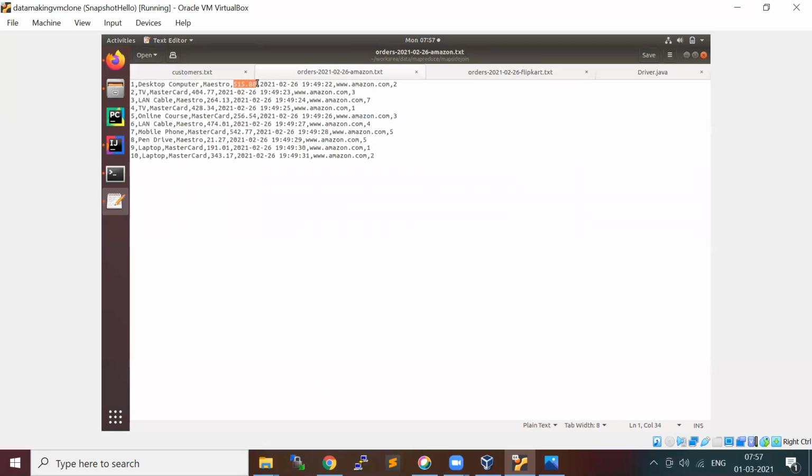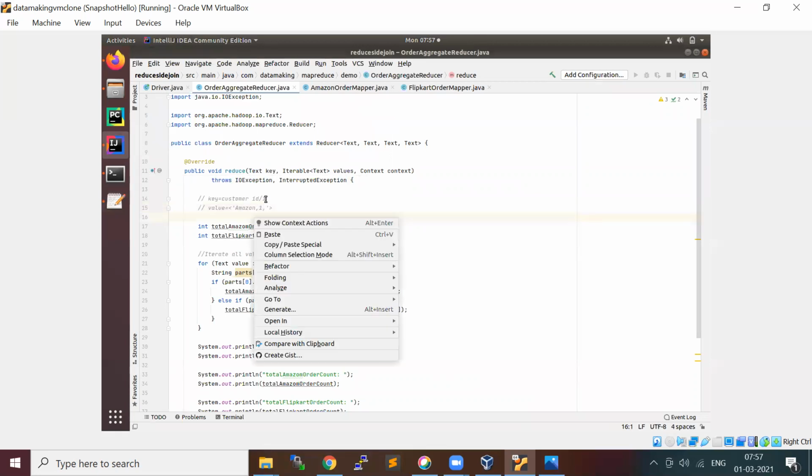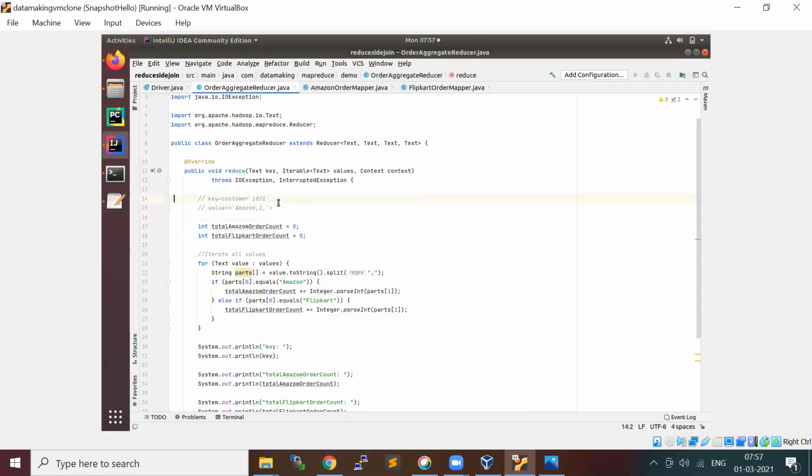let's do it for customer ID 2. This is the customer ID, and this is the order amount. Similarly, from the same Amazon, I got one more record for customer ID 2. What is that order amount?